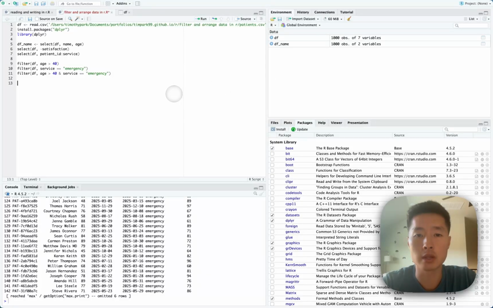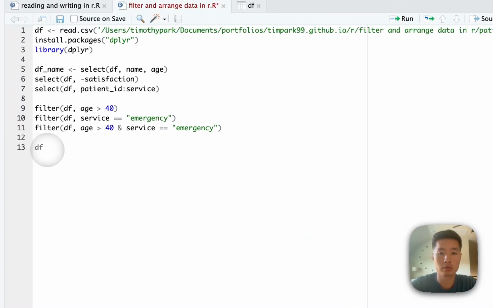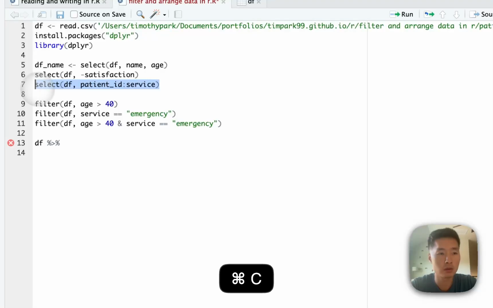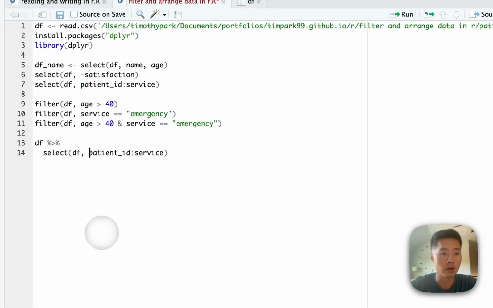So let's introduce something now called a pipe operator, which can be used to combine a lot of different actions. So it looks something like this: percent greater than sign percent. So first we take the data frame, and then I'm just going to copy this. We're going to keep only these columns, but I'm going to take out this df part because it was already specified here. And